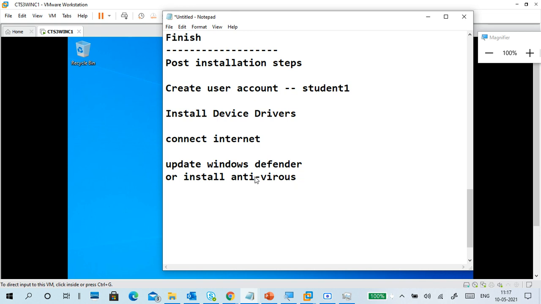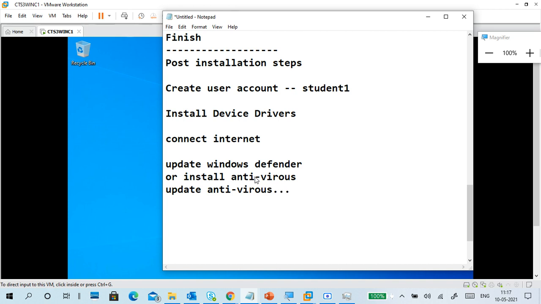Install your antivirus or network protection, any kind of antivirus, Kaspersky, NOD32, total security, or whatever antivirus you are using. Install the antivirus and update the antivirus.